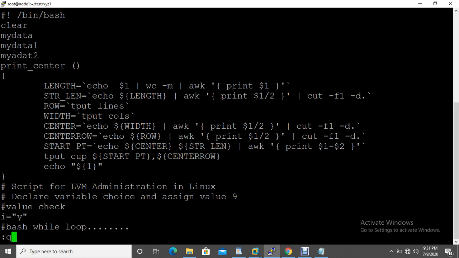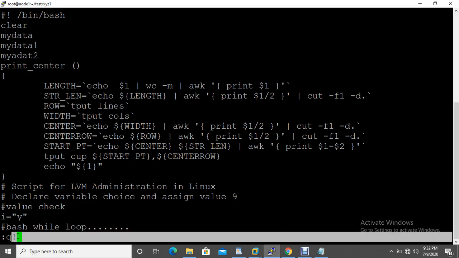And generally we are using Q and this exclamation symbol. But I suggest you don't use this symbol, because this symbol indicates forcefully going and exiting from the file, or forcefully saving and exiting the file.